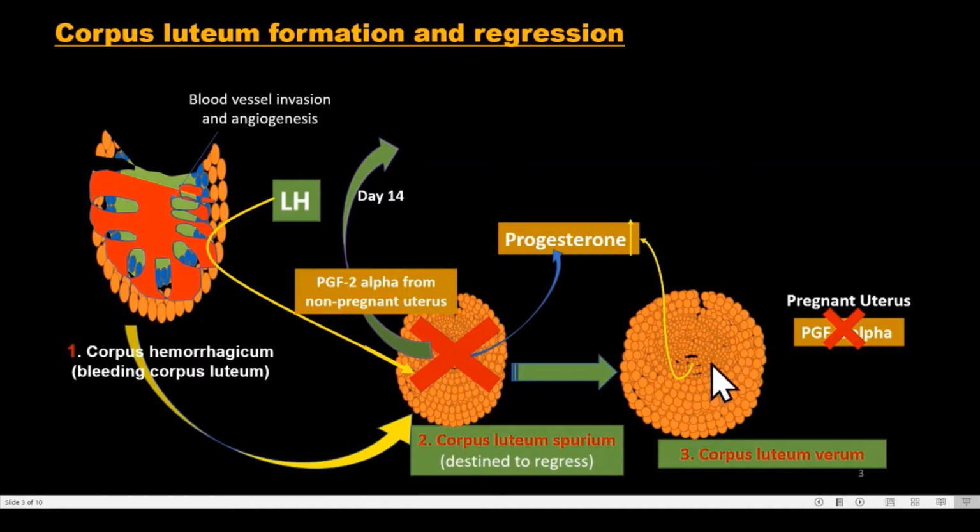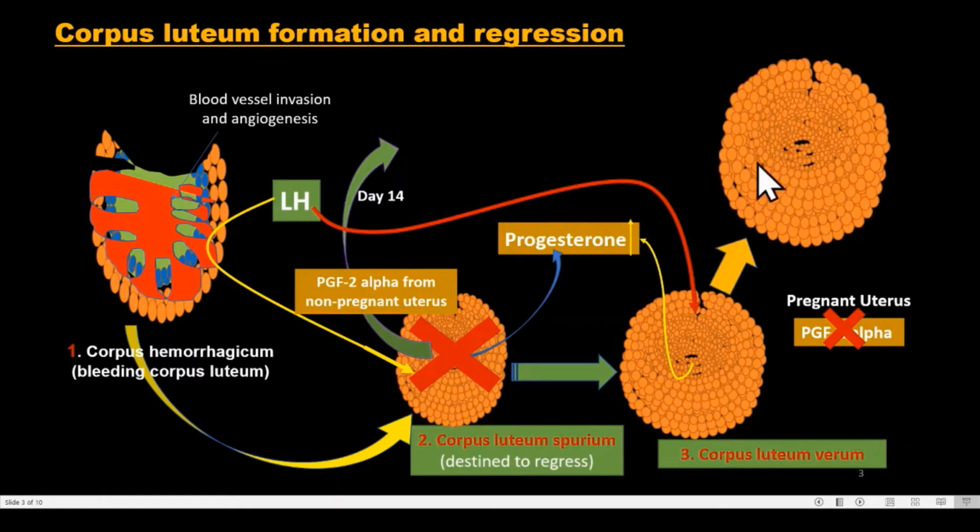It will provide the progesterone source and maintain the pregnancy, and it will grow under the influence of LH with more production of progesterone. The production of progesterone will increase and the corpus luteum will mature, providing a huge source, or higher concentration, of progesterone, which also prevents ovulation and the follicular phase. That structure, the corpus luteum in pregnancy, is called corpus luteum verum.